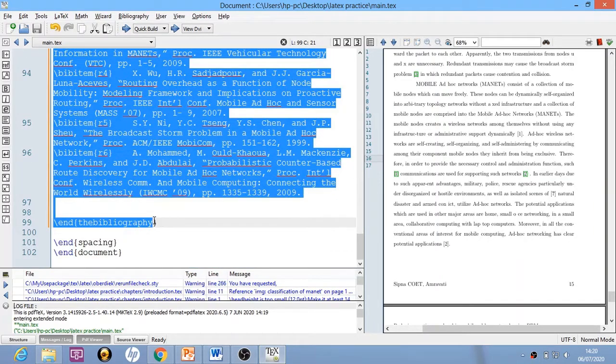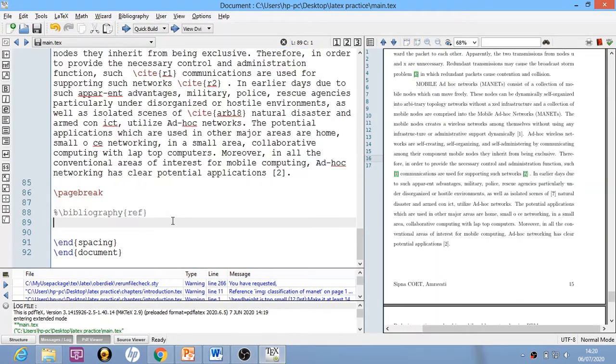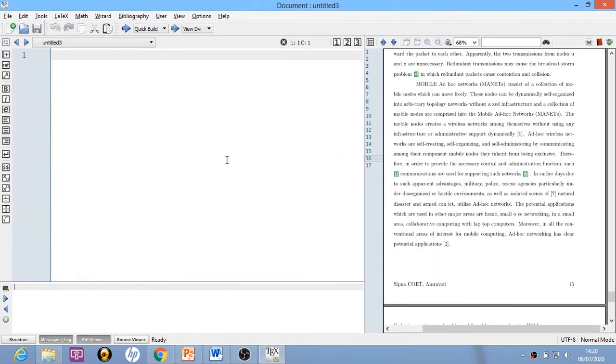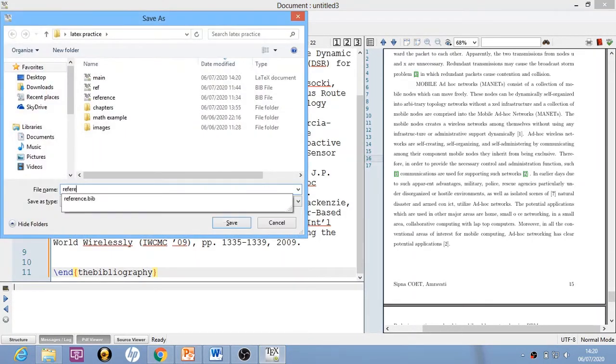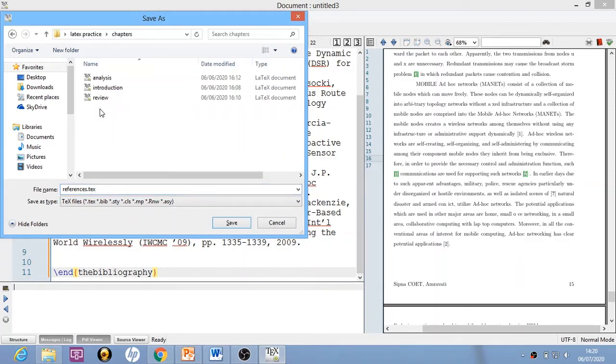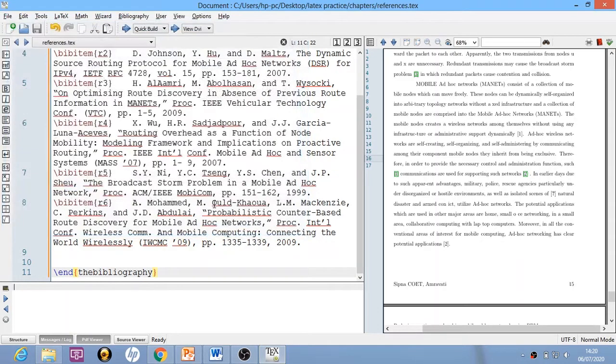Now what you can do is place this in a separate file. How? You will cut it, create a new file, and paste it over here. I will save it as references.tex, not with .bib, and then save this references.tex file inside the chapters folder.